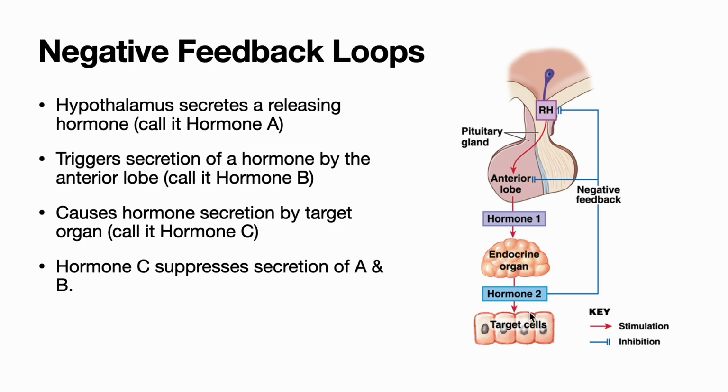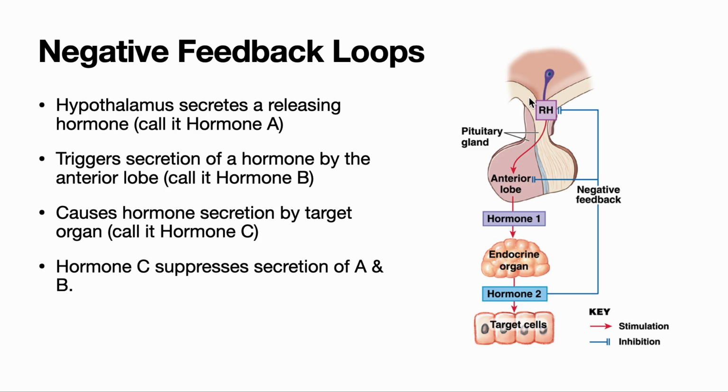the anterior lobe. So what we'll see is that hormone 2 actually shuts off or inhibits the initial hormone from the hypothalamus, as does activity in the anterior lobe. So in other words, if the hypothalamus stimulates the anterior lobe to release a particular hormone, the very process of stimulating the anterior lobe will ultimately shut down the mechanism that stimulated it. This means that we can hopefully be sure we're not going to overproduce hormone 2, that once we get enough hormone 2 to impact the target cells, then we will also inhibit the initial signal so that we don't keep